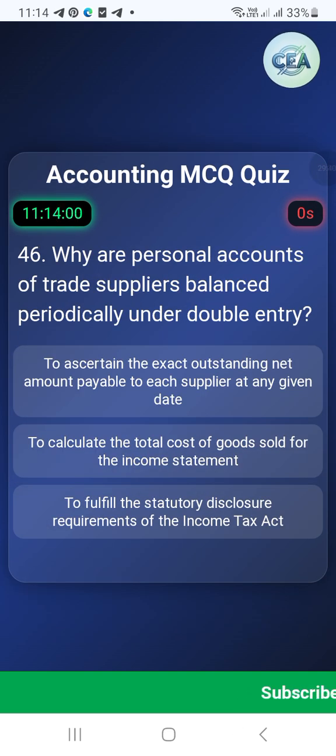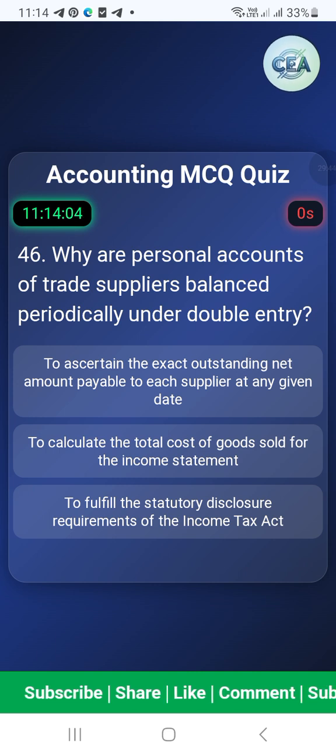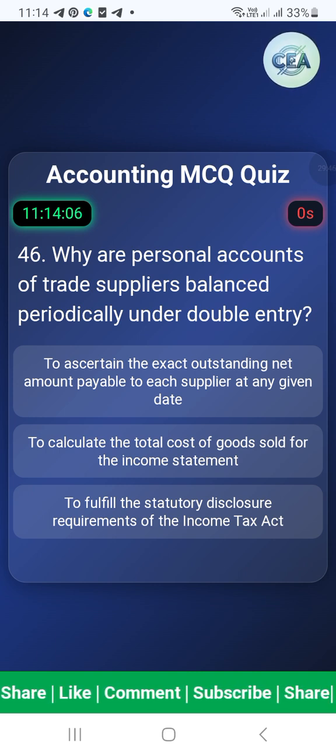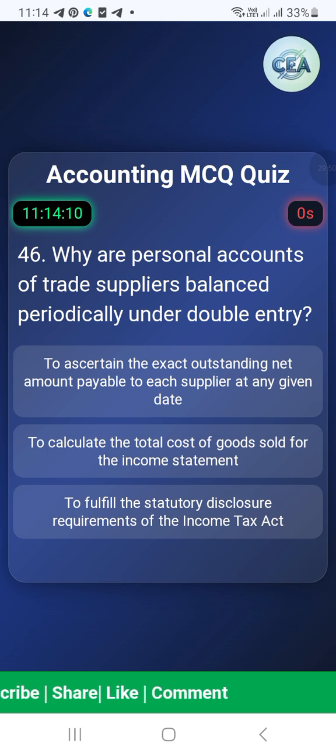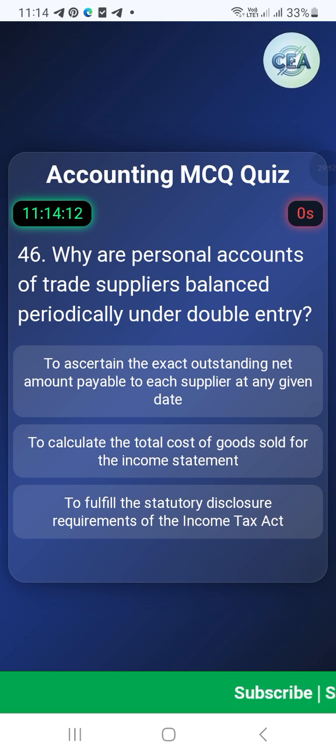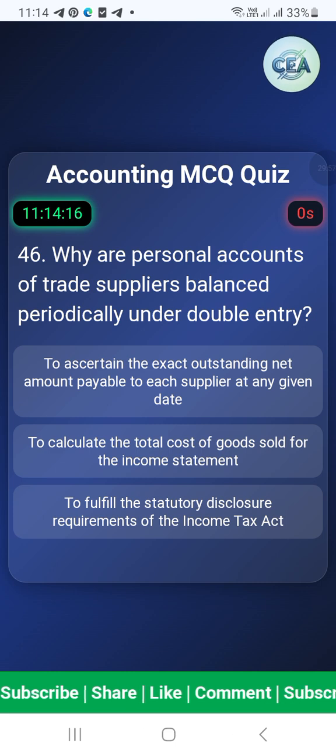46. Why are personal accounts of trade suppliers balanced periodically under double entry? Option 1. To ascertain the exact outstanding net amount payable to each supplier at any given date. Option 2. To calculate the total cost of goods sold for the income statement. Option 3. To fulfill the statutory disclosure